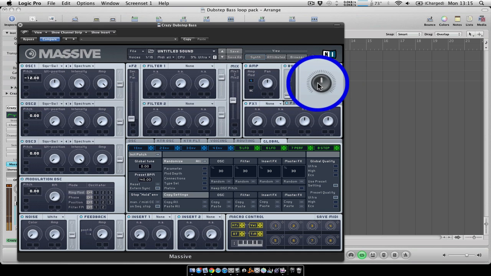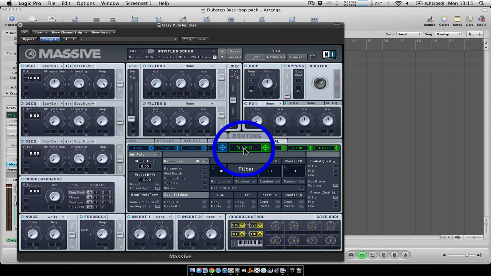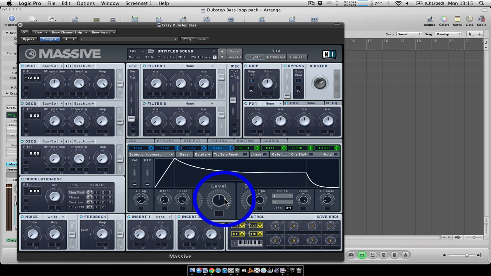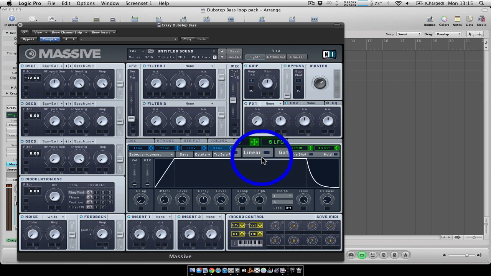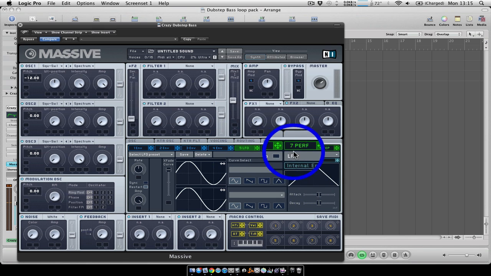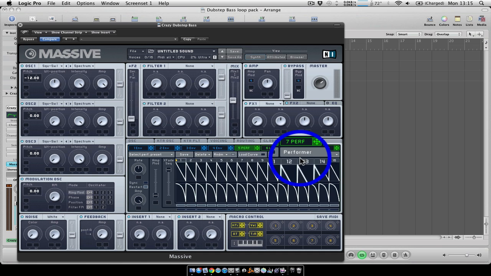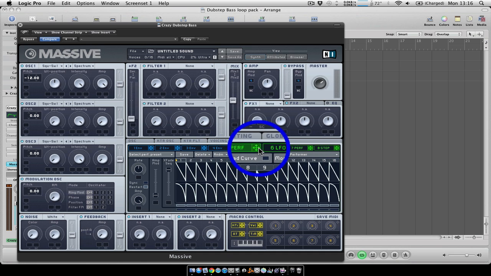so quite low. And then what we're going to be using for the majority of it, first of all, is, you'll notice it gets a bit quieter at the end of it. If we just turn the decay all the way up, we'll keep it at the same level all the way. What we're going to be using is the performer. So if we go to 5 LFO and make that the performer, and what we're going to be doing is